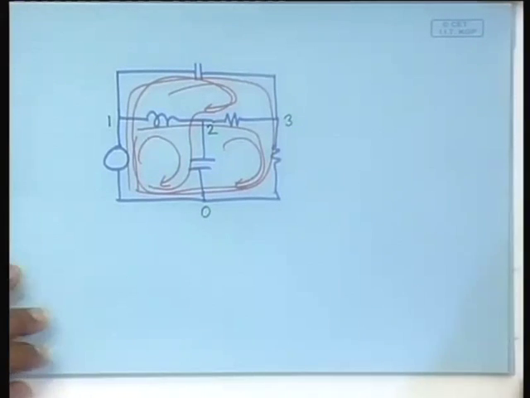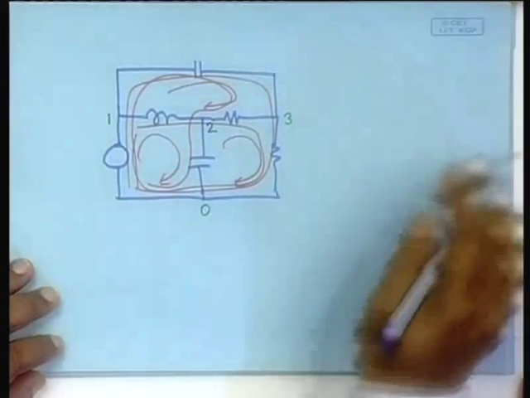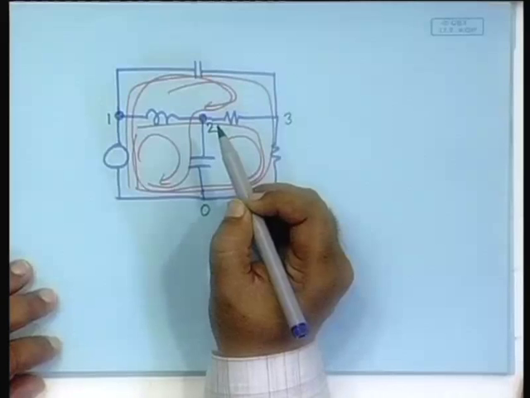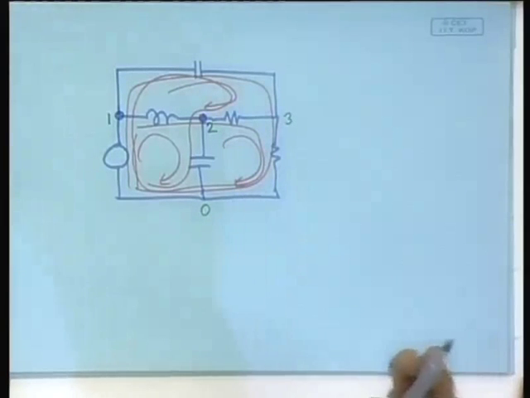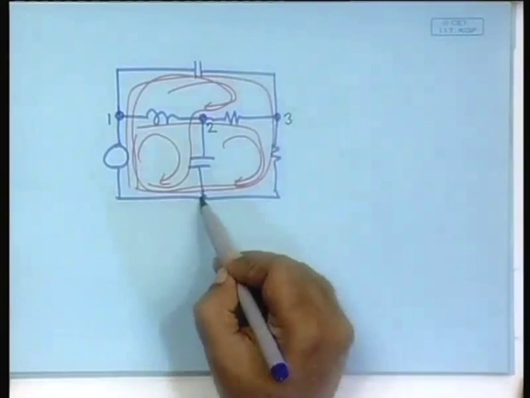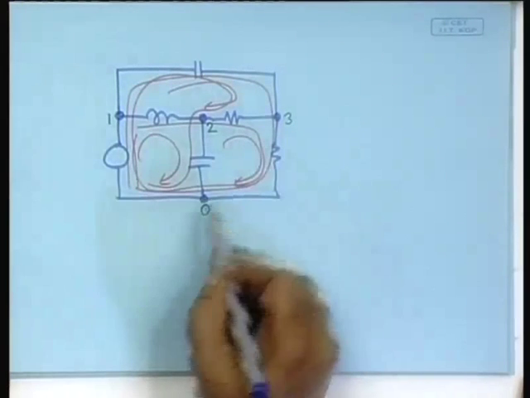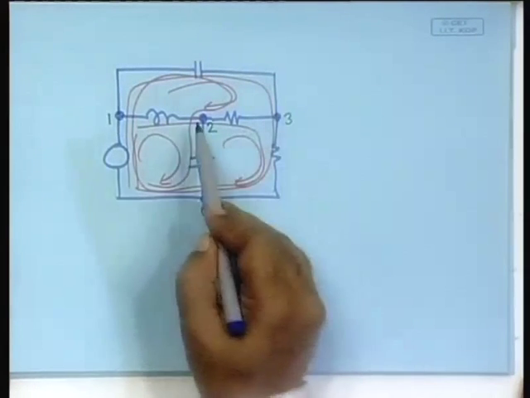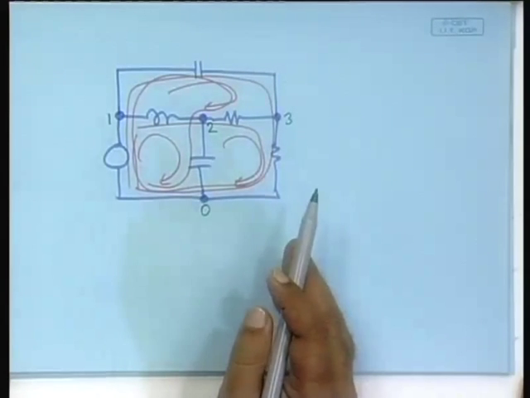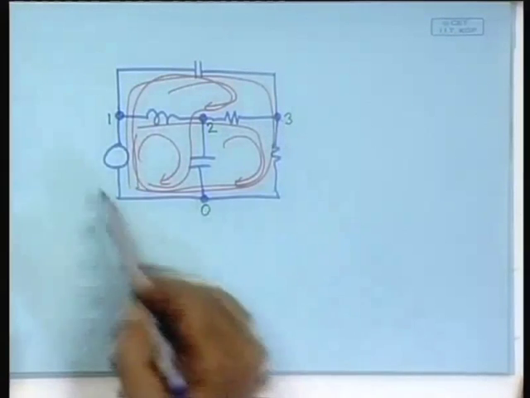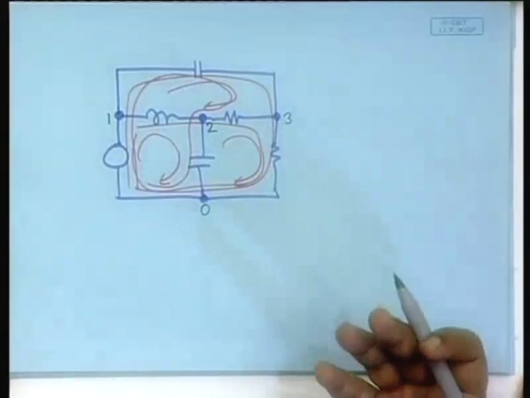By the way, there is another concept that we have to identify. These are the nodes. This is a node. This is a node. What is a node? Nodes are essentially the points which can, at least in theory, be at different voltages. So, I can see that there are 4 nodes, and these 4 nodes I have marked as 0, 1, 2, 3, and the individual elements are in between them. Clear? Fine. So, if you write it this way, then what are the possible KVL equations?